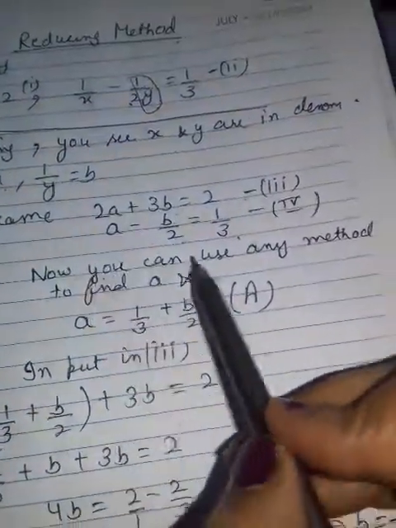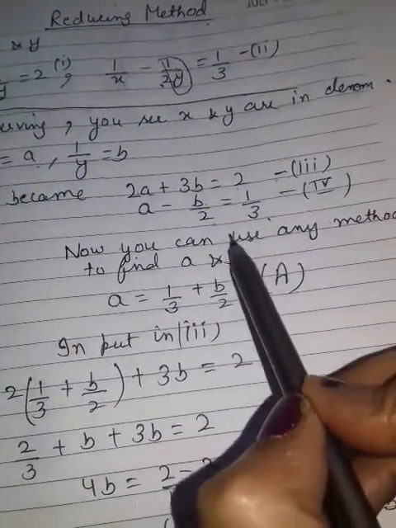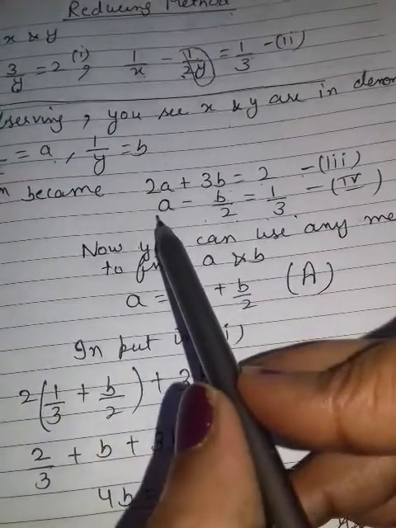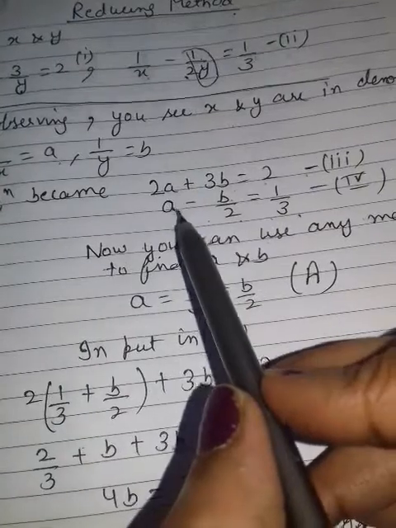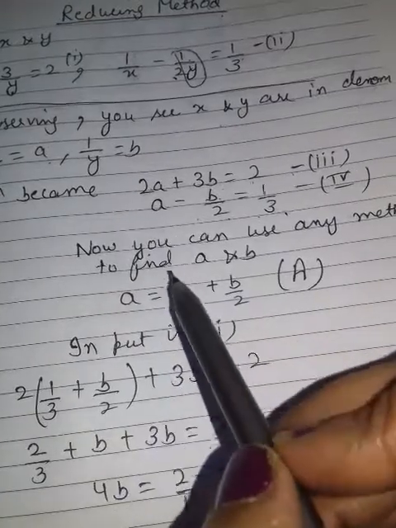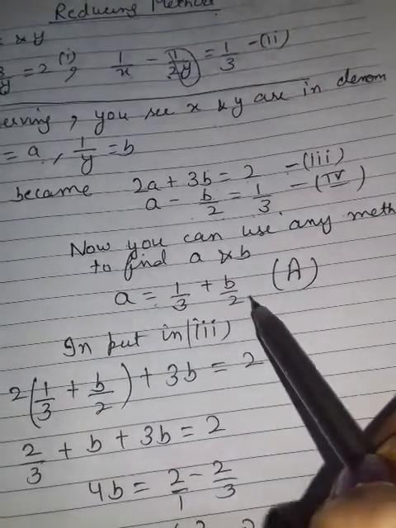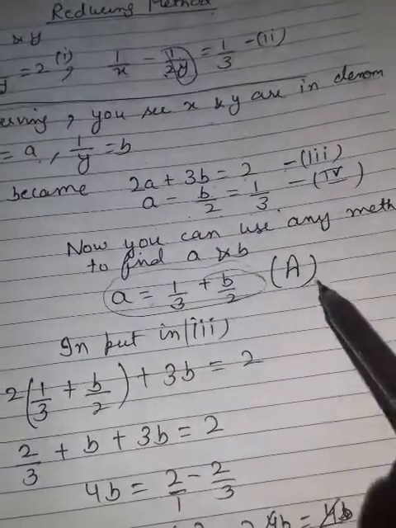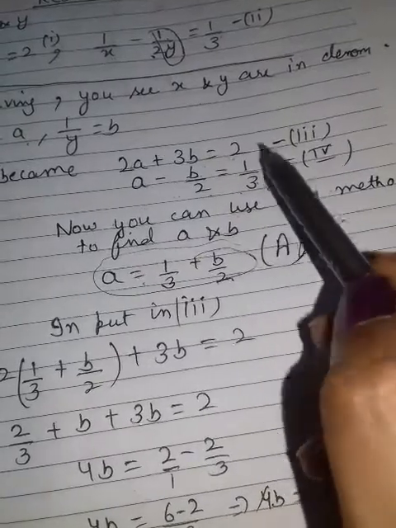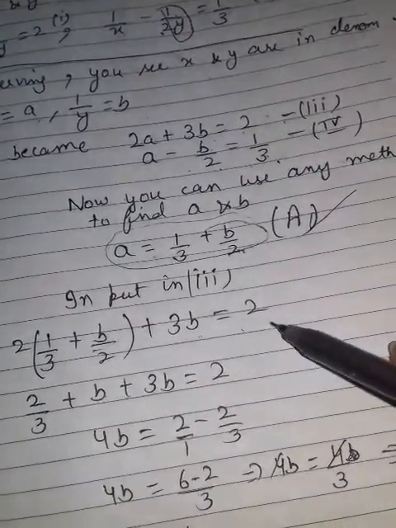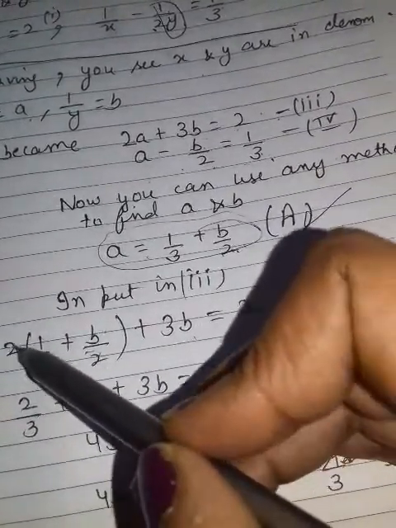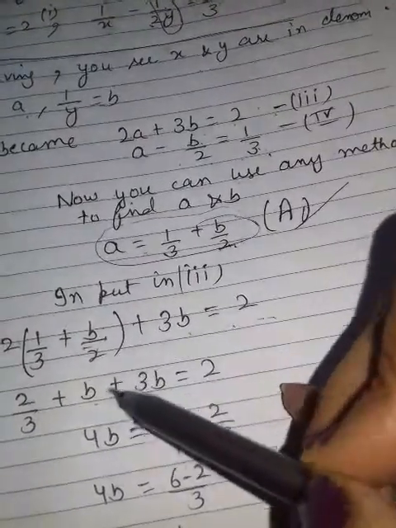After that you can use any method to find a and b. I use the substitution method. In my video I told you that whichever term is without a coefficient, you will find the value of that variable. In these two equations I can find a in an easy form, so I got it. Then I will put this equation is equal to a, and now you will put this value, which you have taken from the fourth, into the third. Yes, then you will solve, multiply inside. 2 will be cancelled, the outer term will be multiplied with both terms.